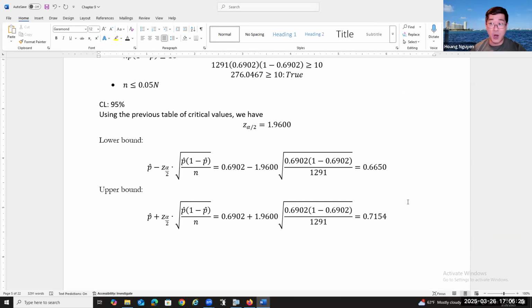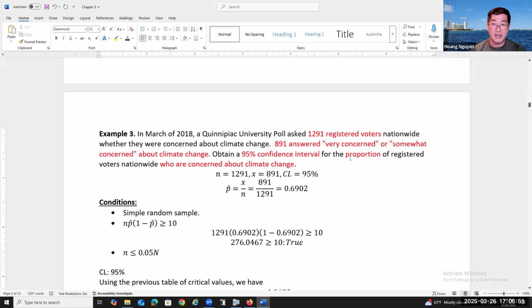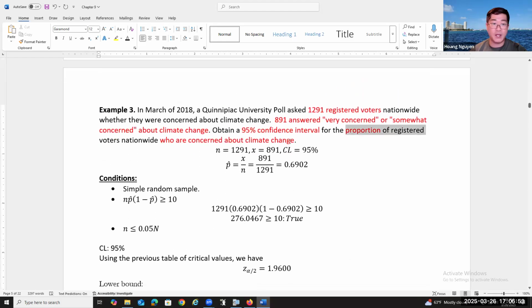So I hope everything goes right. You can try this calculation again on your calculator to see if you get the same answer. Now, after we got the answer for the lower bound and the upper bound, we need to wrap up this question by using the interpretation. So I'm going to say we are 95% confident that the proportion of registered voters nationwide who are concerned about climate change